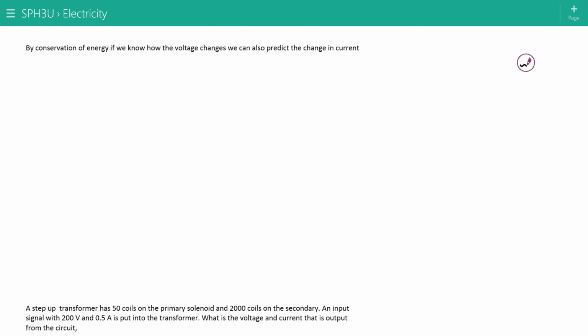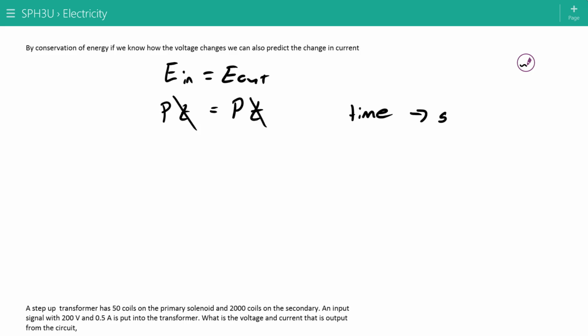Now, if we remember that energy needs to be conserved, E in should be equal to E out. Real transformers will lose power to things like heat and stuff like that, but we're just going to pretend it's a perfect transformer. Then what we know is that energy is power times time. And we know the time is the same for primary